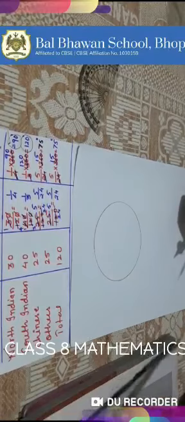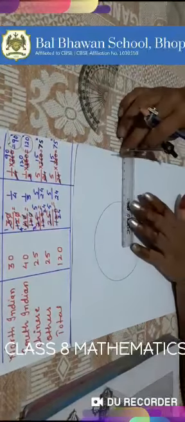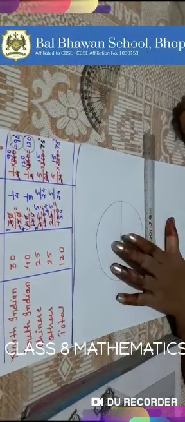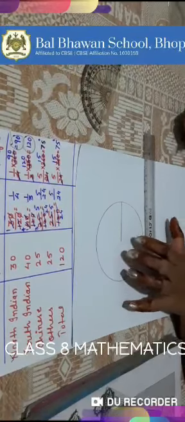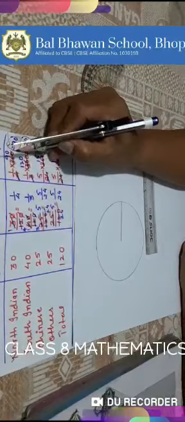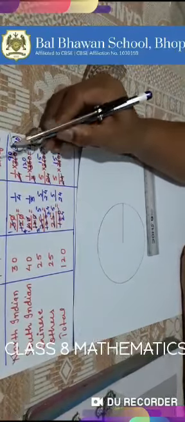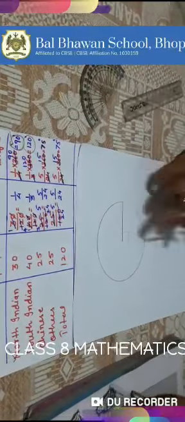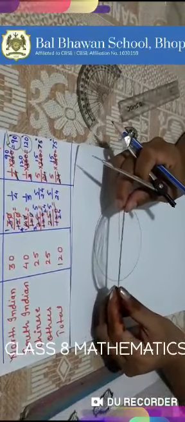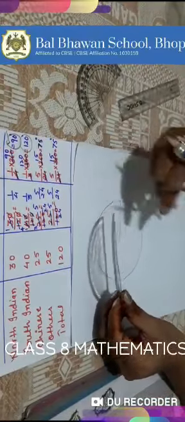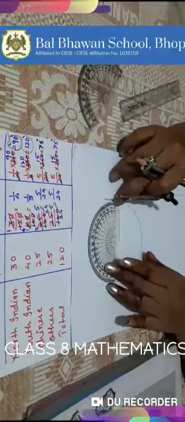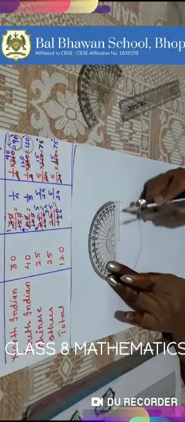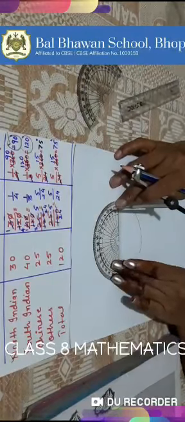Okay, after that, we have to draw one of its radii. Like here, I am drawing its radius. After this, we have to draw its first central angle. And what is the value of the first central angle in this table, children? It is 90 degrees. So we have to draw a 90 degree angle with this radius. But how to use the protractor for drawing a 90 degree angle at this radius? We will keep the protractor in such a way that the line of the base of the protractor and this radius overlap like this.